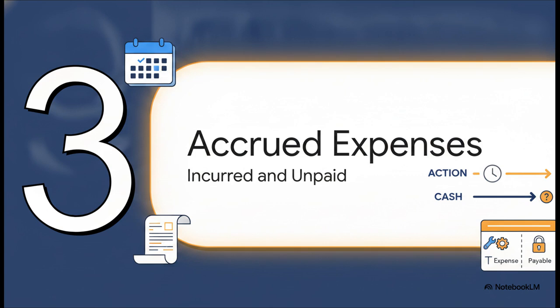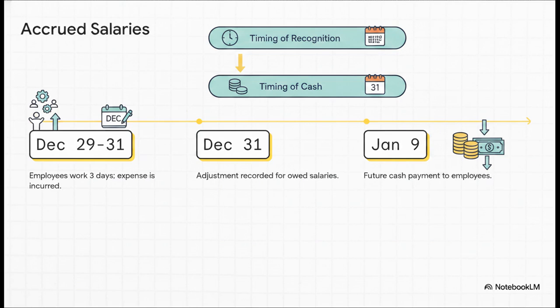All right, jumping to the second half of our matrix, we have category 3, accrued expenses. These are expenses that are incurred but currently unpaid. So we're leaving deferrals completely behind now and moving into accruals. These are situations where the action happens before the cash ever moves. The economic event, like your employees working super hard for you at the end of December, happens first. But as any college student waiting on a paycheck knows, the cash won't actually leave the bank account until payday